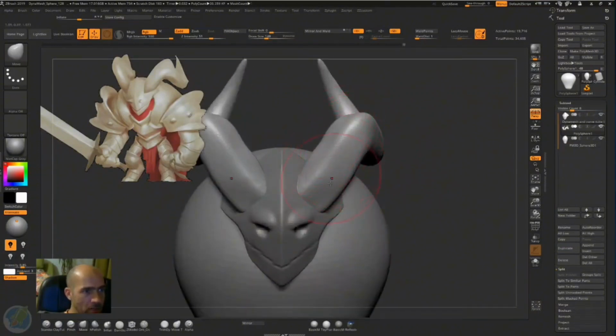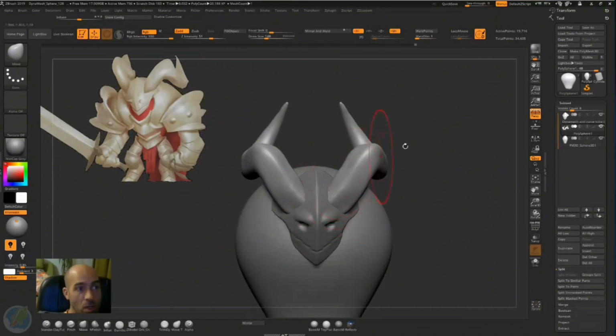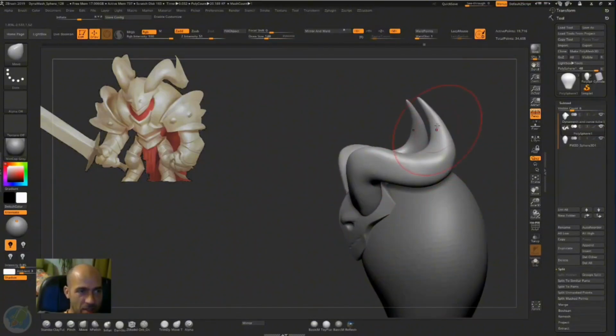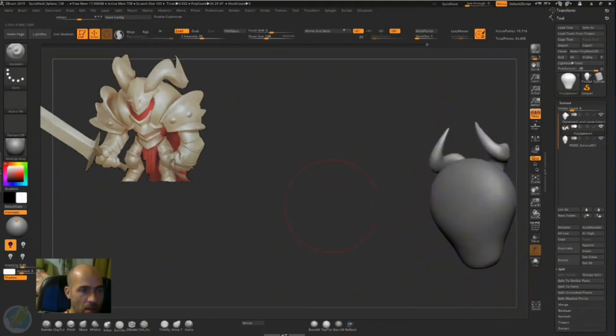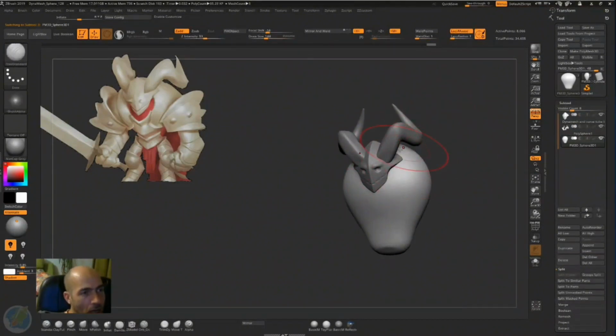So now I think you understand how to move one subtool, how to move a couple of subtools at the same time, or at least you know the basis of this. We will do it again in the next videos, so don't be afraid if you don't get it right now. It will be explained again, because this is of course a tutorial for absolute beginners,